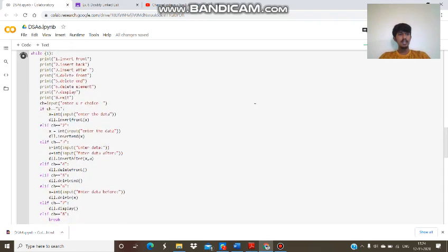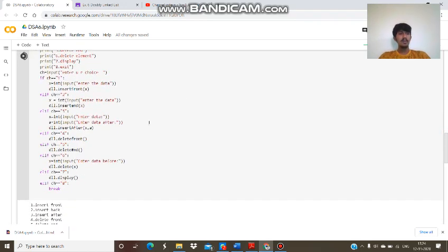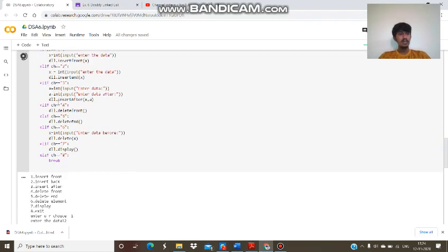We are getting an input, enter your choice. If choice is 1, it will ask to enter the data. If 2, it will ask to enter the data. If 3, it will ask to enter the data and the data after. If 4, it will delete front.